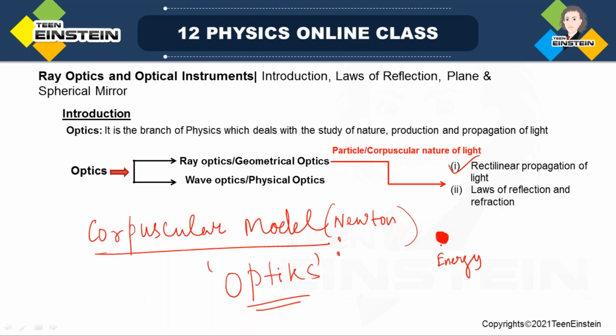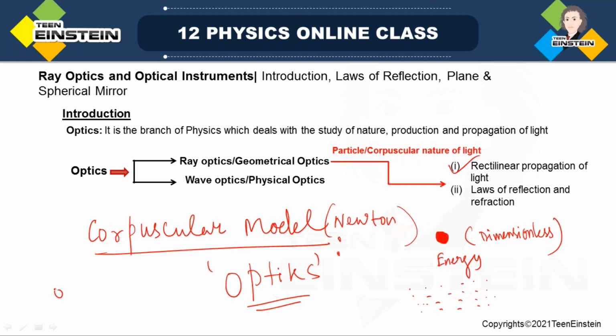These tiny particles are dimensionally very small, almost dimensionless or point particles, but they have energy. So if I think that light is composed of such tiny particles, just by assuming that,